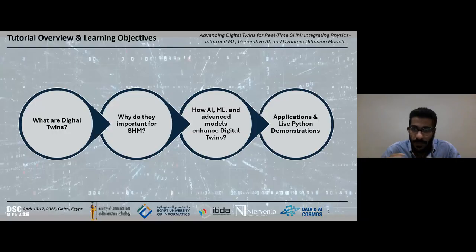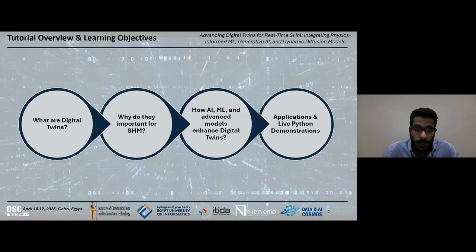And then we will have a short break, and then we will explore the dynamic diffusion model, which is a probabilistic tool for detecting anomalies in a complex system. We will then discuss the integration of these technologies with the digital twin and how this will affect the way we monitor structures, particularly advancing the old monitoring systems we used to use as civil engineers.